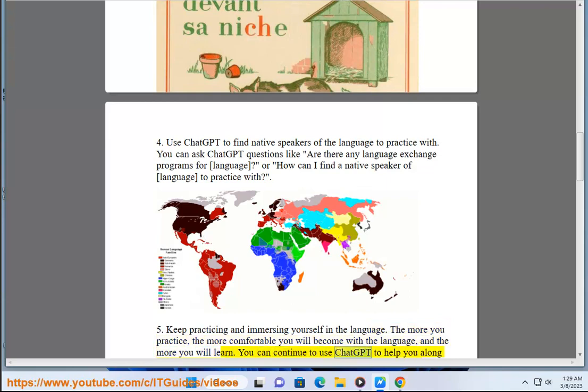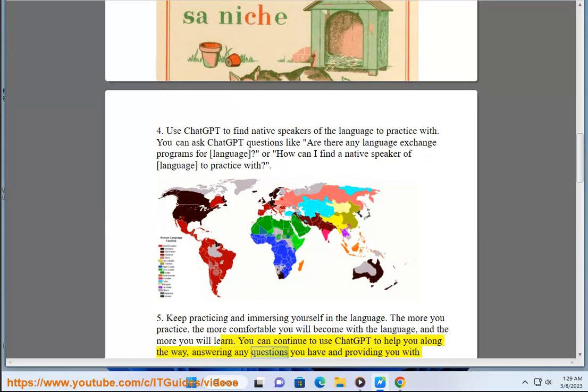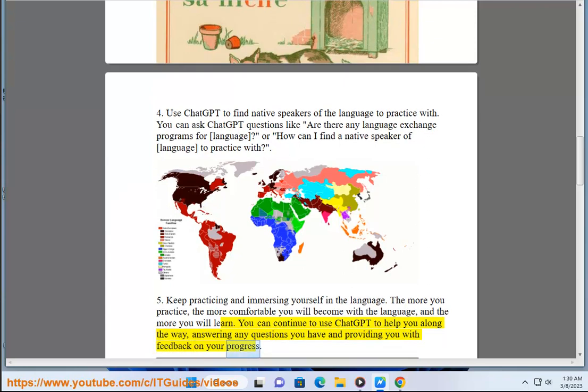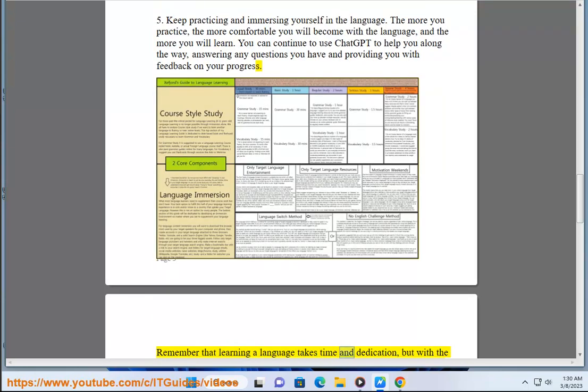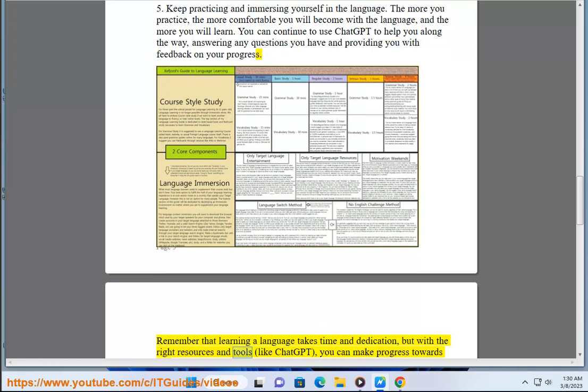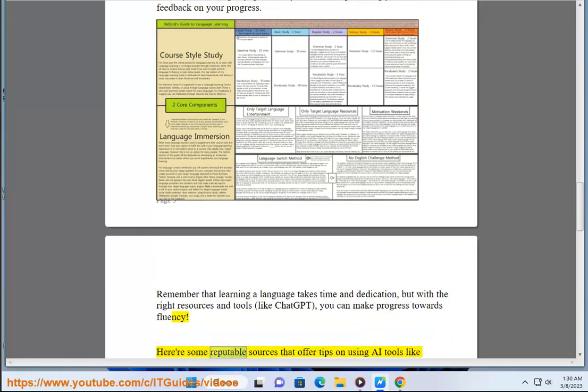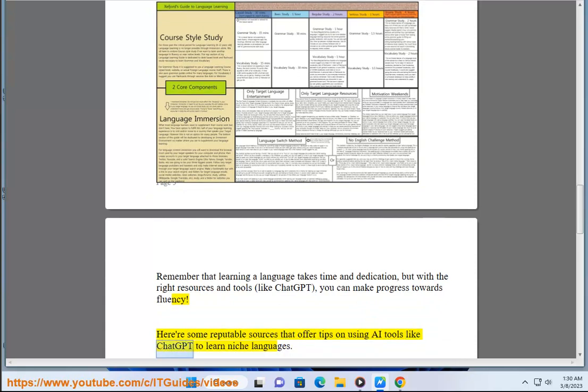You can continue to use ChatGPT to help you along the way, answering any questions you have and providing you with feedback on your progress. Remember that learning a language takes time and dedication, but with the right resources and tools, like ChatGPT, you can make progress towards fluency. Here are some reputable sources that offer tips on using AI tools like ChatGPT to learn